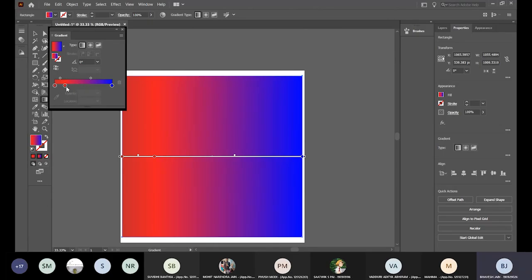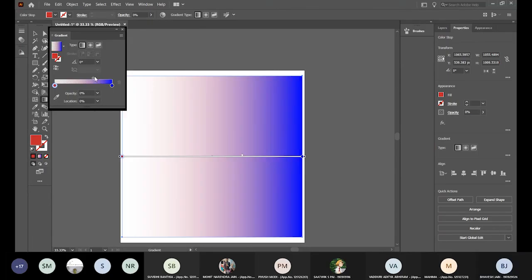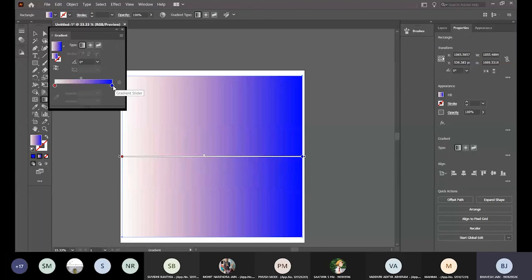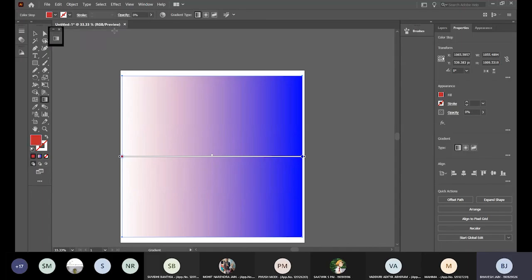So now I have only red and blue here. Okay, yeah. So that is how you operate anything. You can even vary the opacity of that certain side. If I make it 0, it's going from full opaque at this point, 100%. I'm sorry, this is at 100% opacity and this is at 0%. This point is fully transparent.